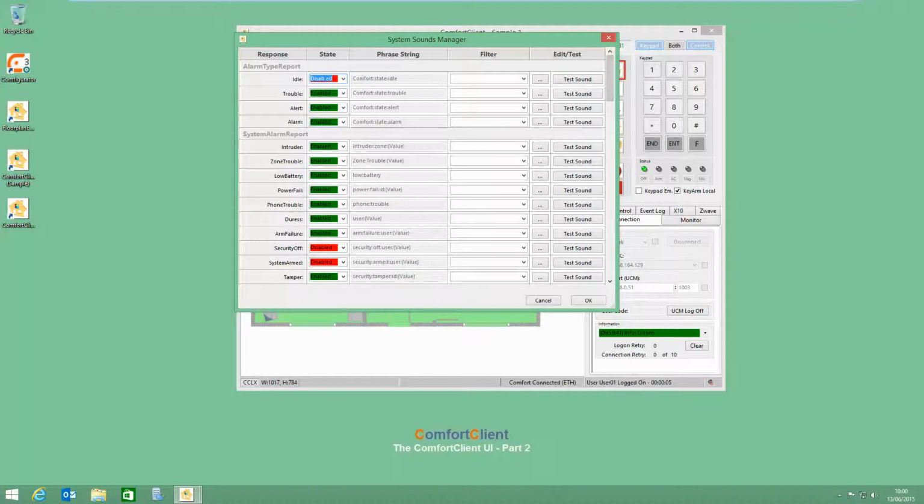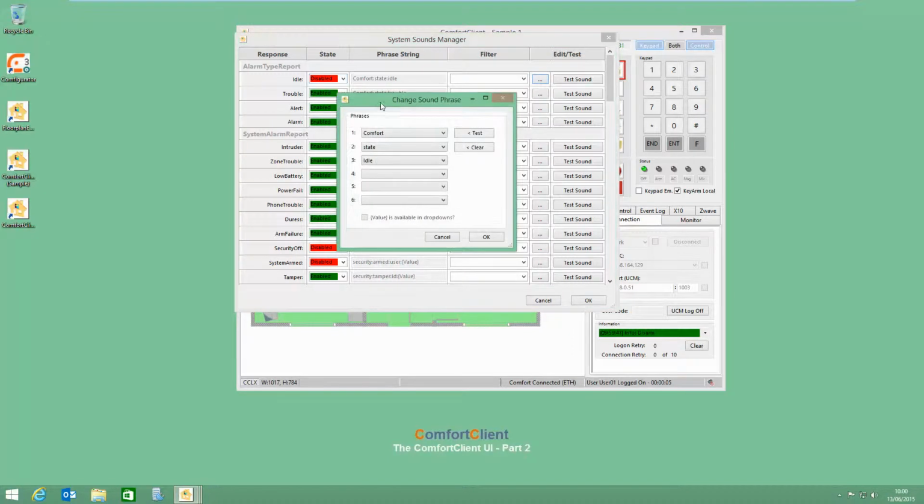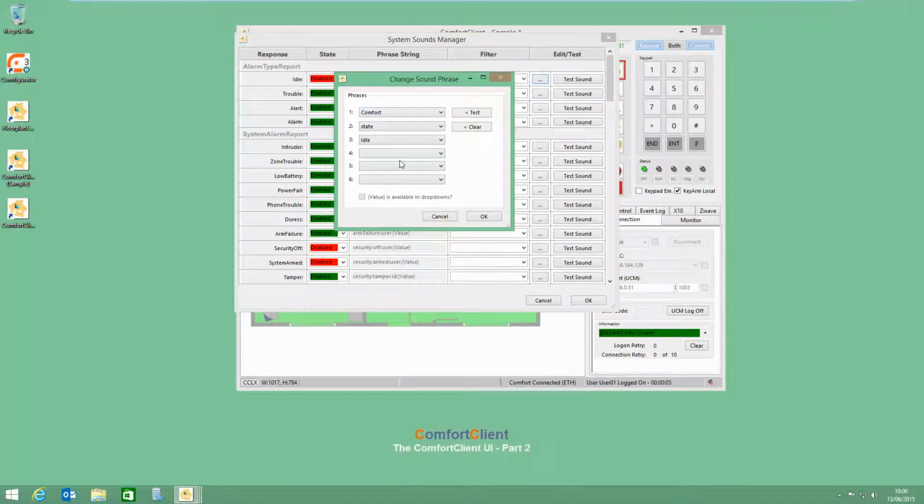Now for each of those sounds we have a phrase string. That phrase string in general mirrors the phrase string that you get from Comfort as well. So if you're on a keypad, a real keypad in Comfort, then that phrase that is returned is generally the same phrase that I'm showing here by default. But if you want to, you can change that. So I can go to the ellipsis here for this individual phrase, and instead of comfort state idle, I could pick something else if I wanted to. So if I wanted to say instead of comfort state idle, it's comfort state idle number 10, and I want to test that,